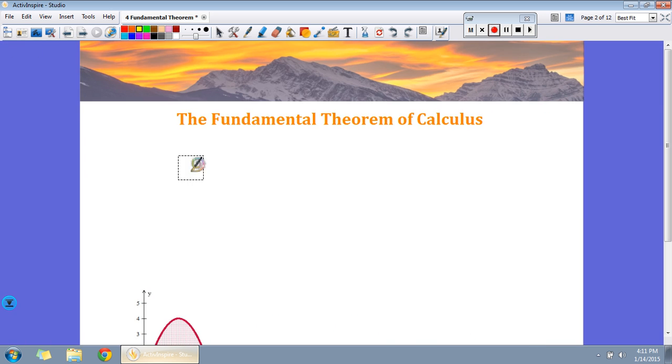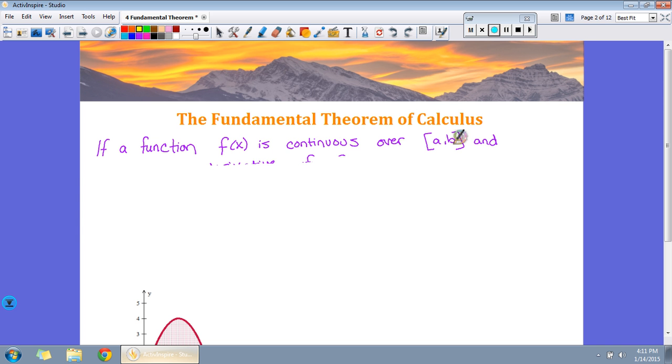Alright, the fundamental theorem of calculus is pretty important. In fact, you could say it's fundamental. We've got a couple conditions. If a function, f of x, is continuous over some interval from a to b, and capital F of x